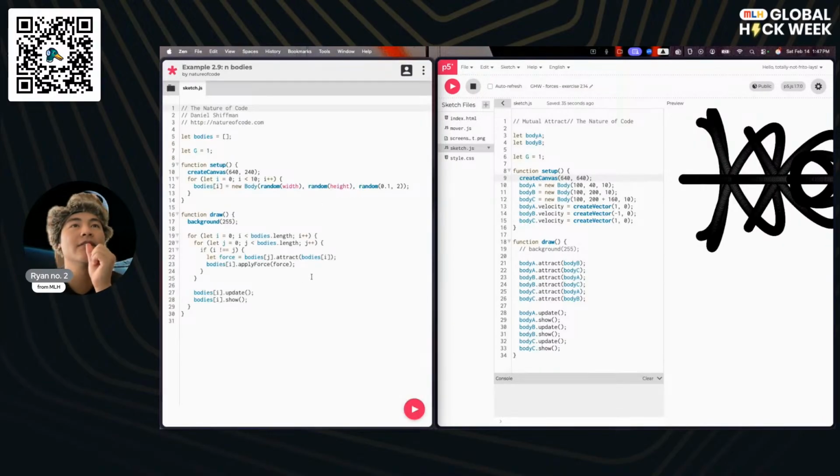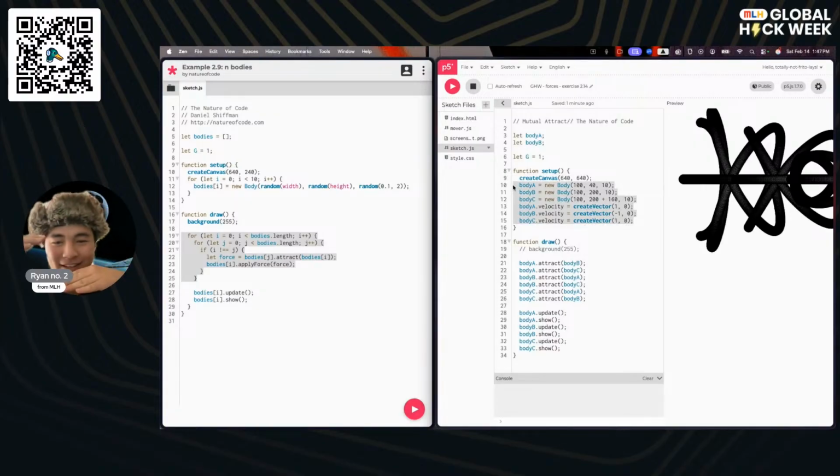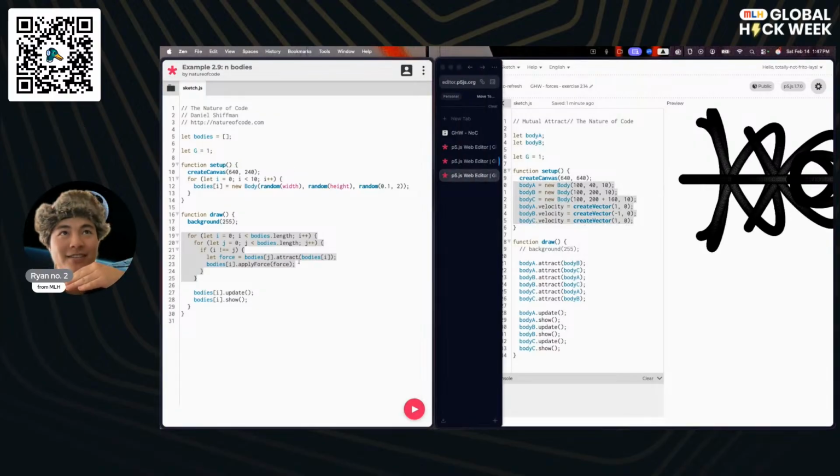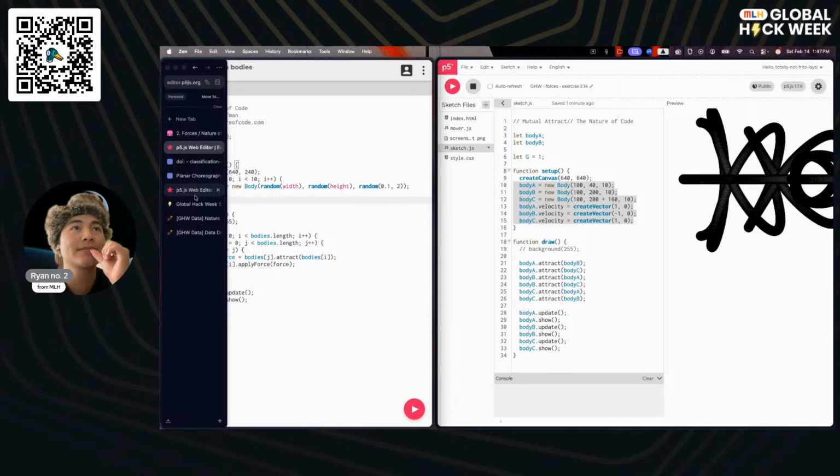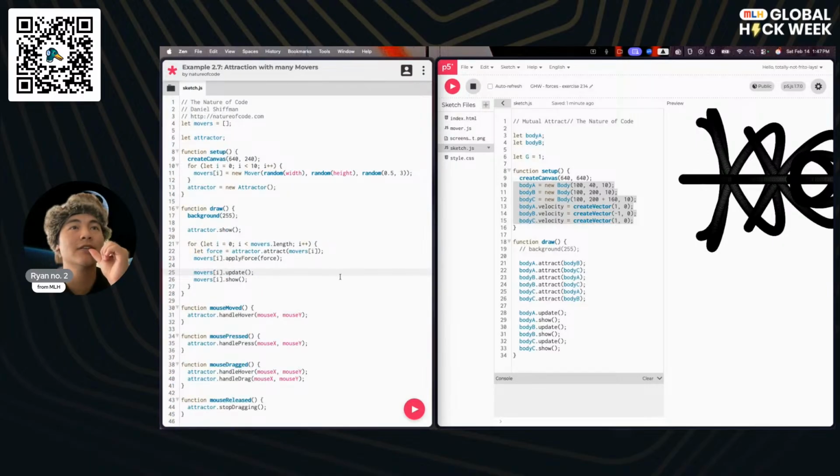Yeah, this is just a rescaled version of what we have over here, because this one lists everything out linearly, and this one is properly scaled so that we can have n bodies, with random locations and random sizes as well. They're all mutually attracted to each other.